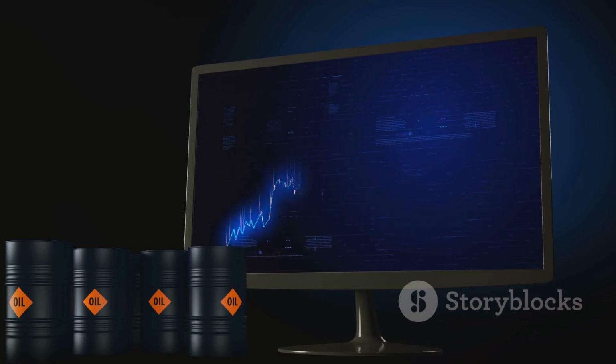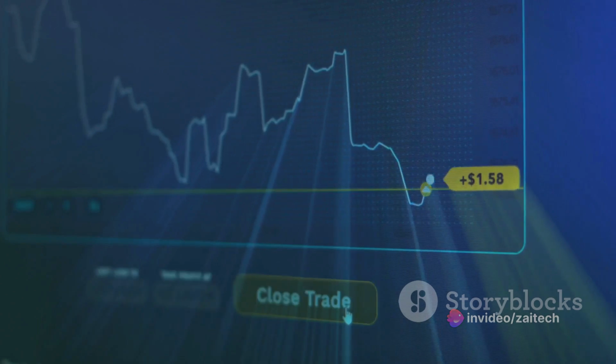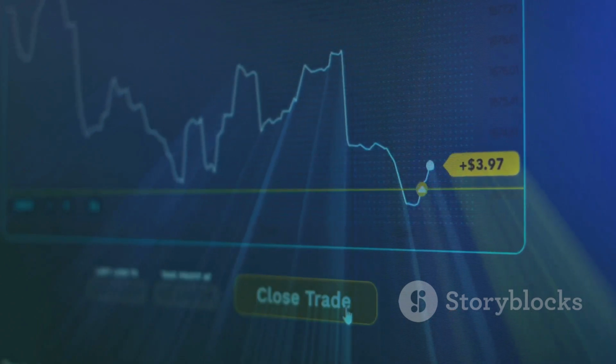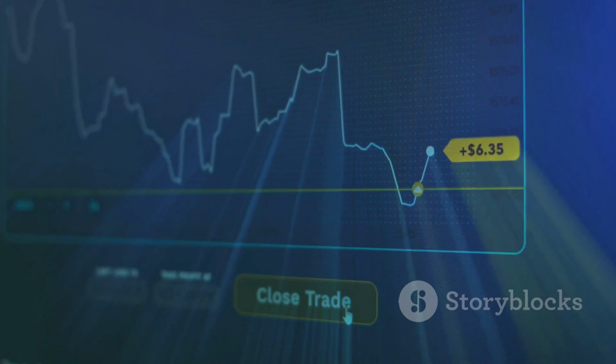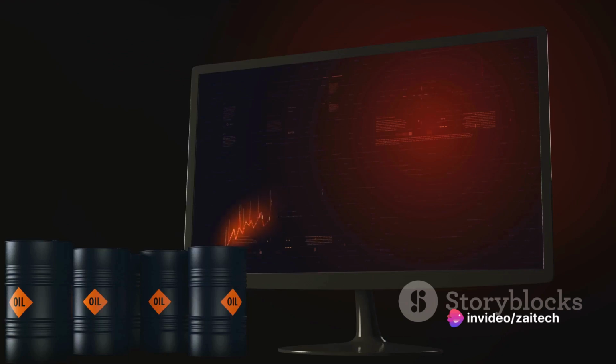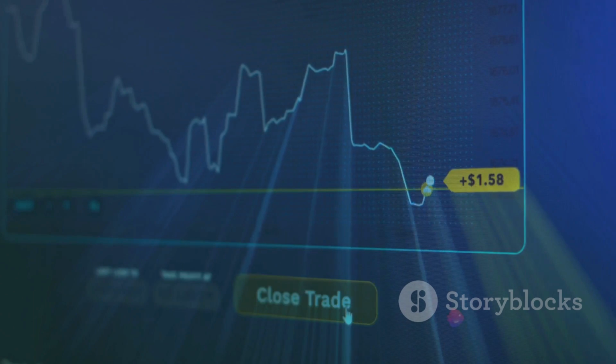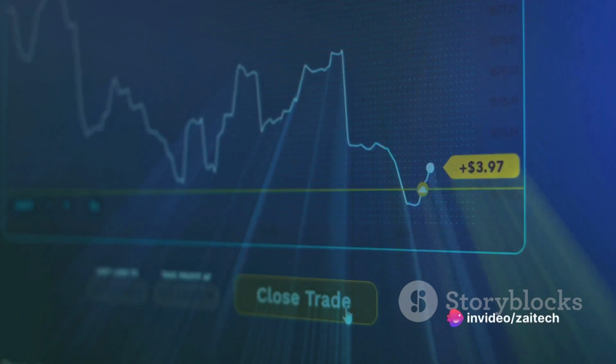Now, on to exit points. These are moments when you should close your position to either secure a profit or prevent further loss. If you've entered a buy position, you might look for an exit point when the price line crosses below the moving average line, or when the RSI climbs above 70, hinting at an overbought condition. But again, don't rely solely on these indicators. Keep an eye on resistance levels, trend lines, and price patterns. If the price rises to a resistance level, it's like hitting a ceiling. It might soon fall, making it a good exit point.